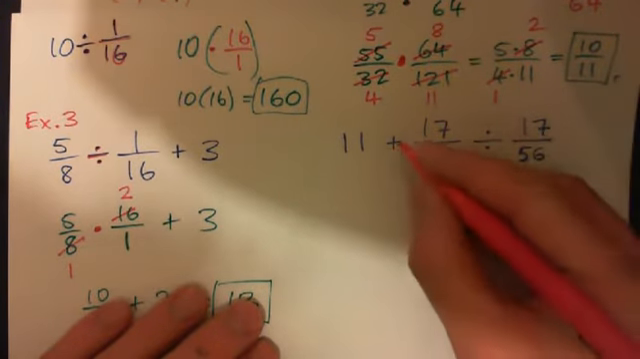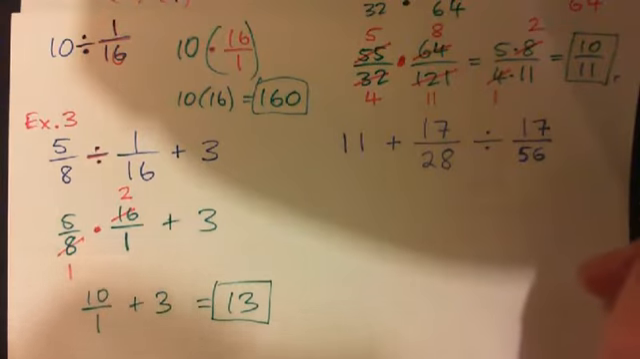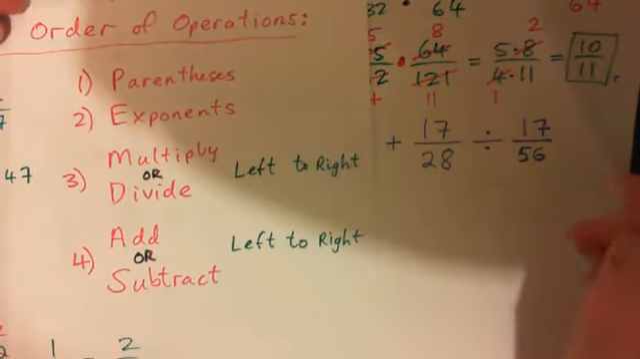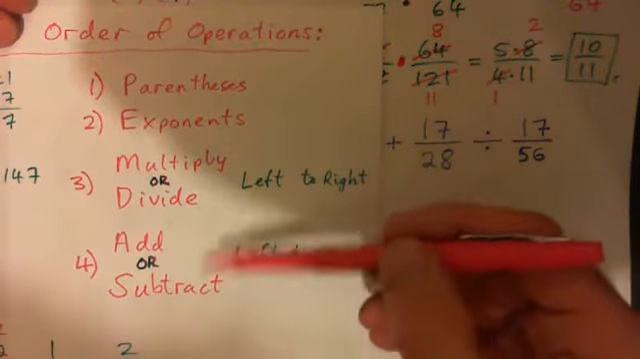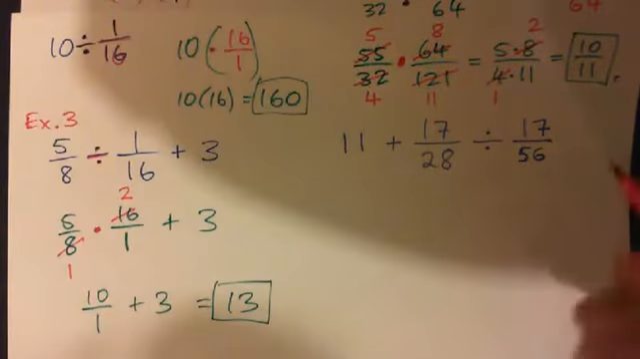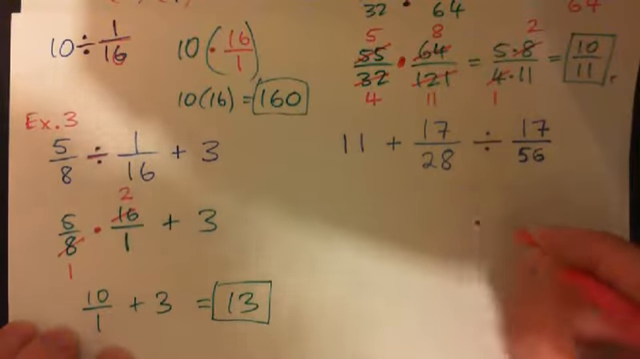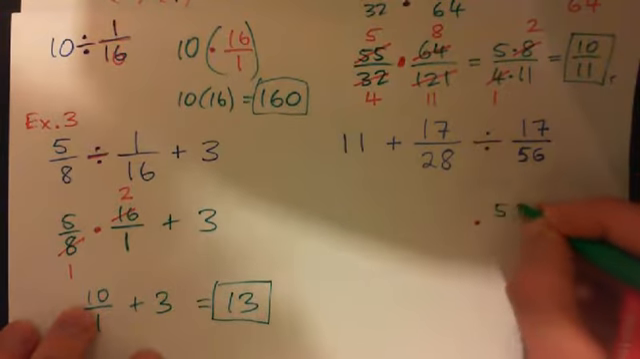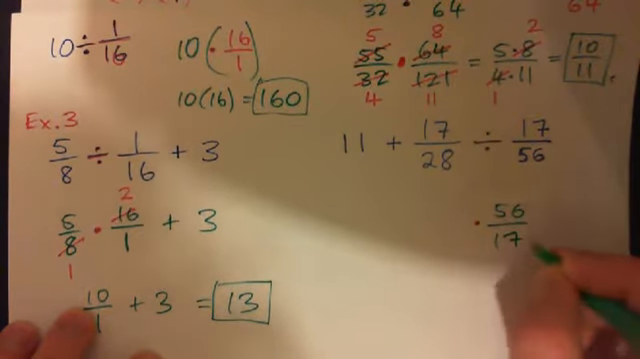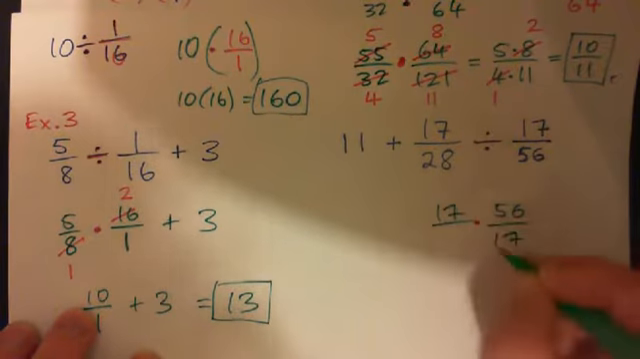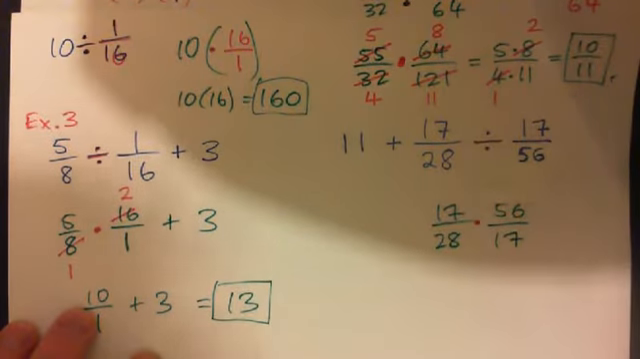So I have an addition, I have a division. Because of the order of operations, I need to divide first and then add. Okay? So dividing by a fraction means multiply. You need to multiply by the reciprocal, multiply by 56/17, and so I'll have 17/28 times the 56/17, and now